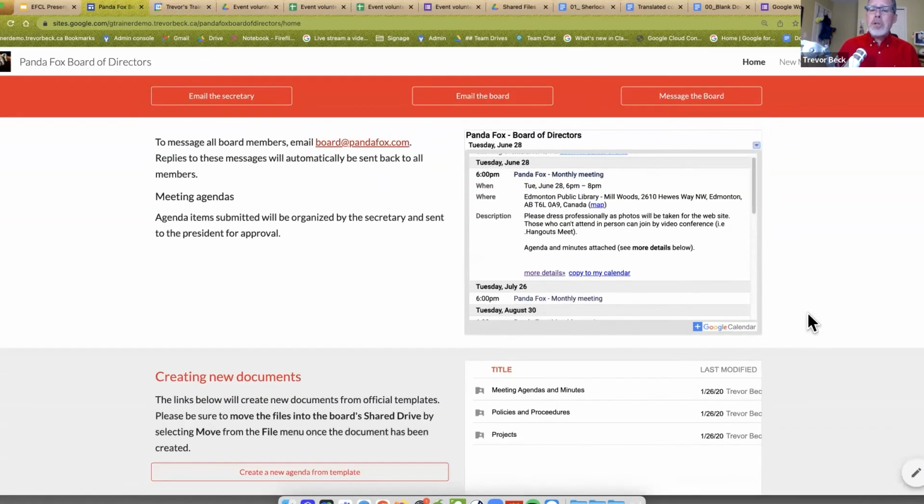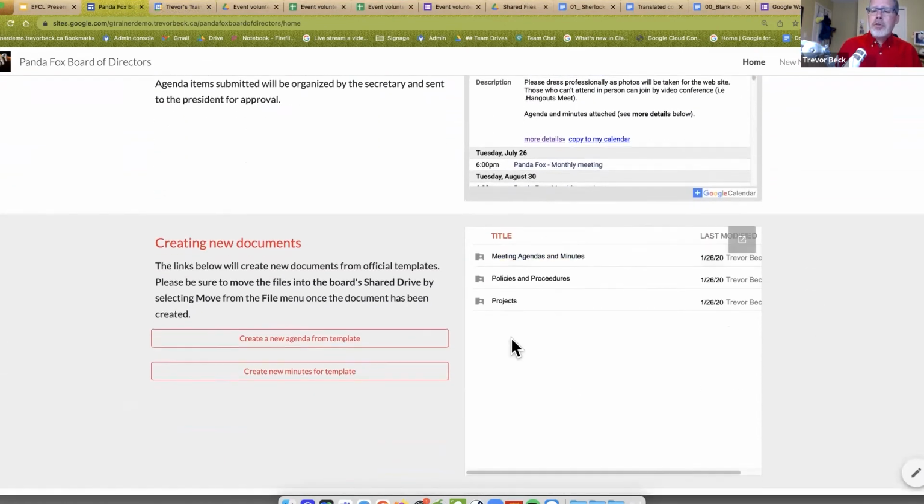There's another section that I put in here, which is to write directly to the SharePoint, or sorry, too much Microsoft, to the shared drive that Google has. So the board has its own special folder in Google Drive. Only the board members can get in to see that stuff. There are different folders in there. I may give the board members different rights. So maybe for the policy and procedures, only the secretary and the president have edit access, but all the other board members can read and leave comments and stuff like that. But that's all stored in one area.